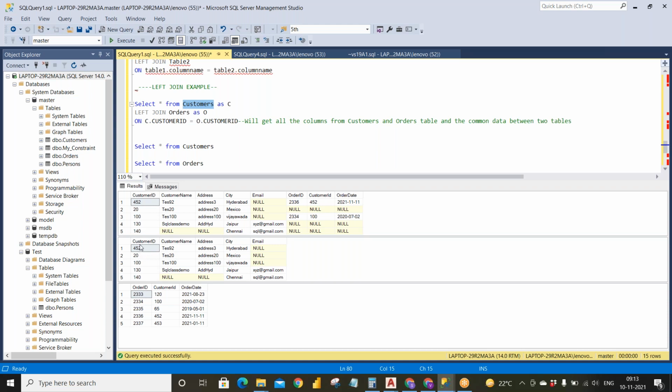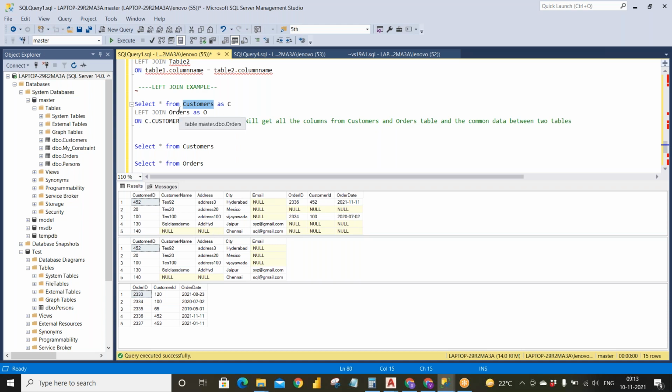If you see, customer ID, customer name, address, city, and email are present, with the data for 452, 20, 100, 130, 140, everything is present here, right?